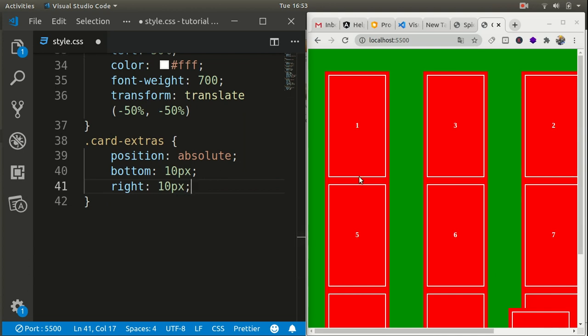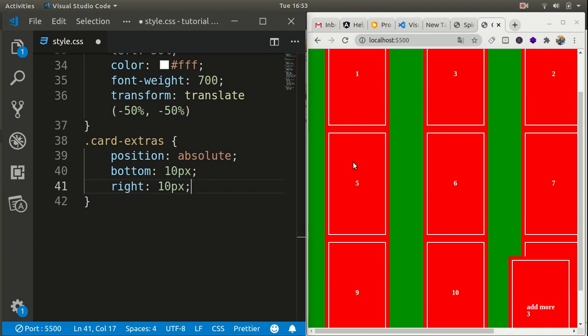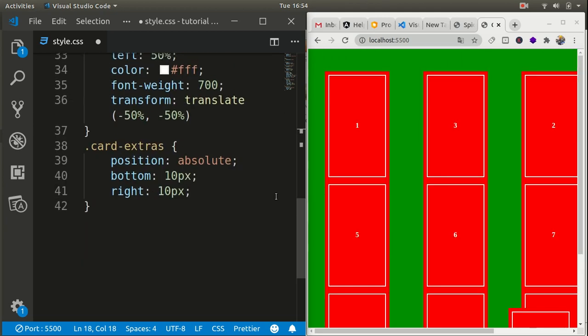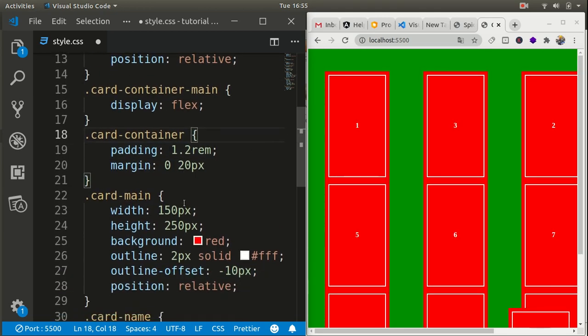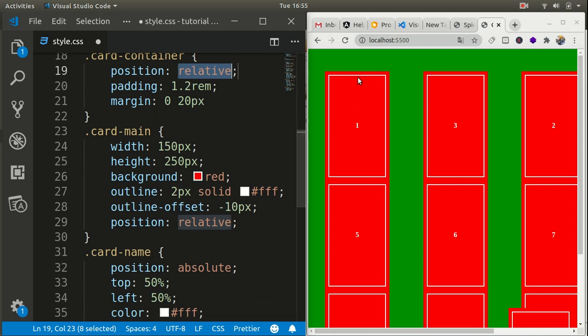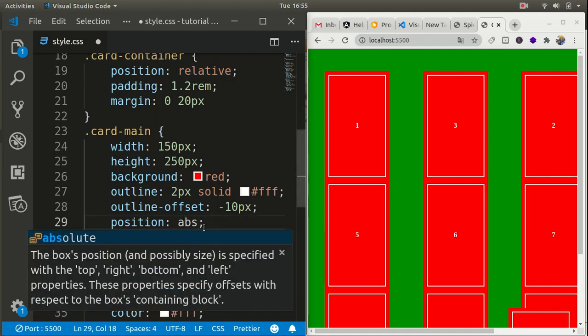So now we will be working on stacking these cards, because right now they are separated, they are not in a stack. So let's do some work on it. For this purpose we have to define card container position as relative and the actual card main position to be absolute.